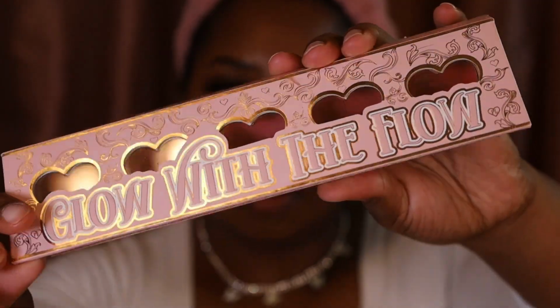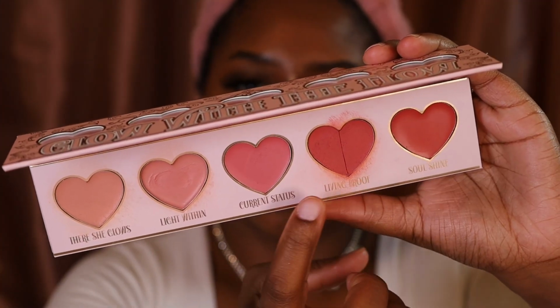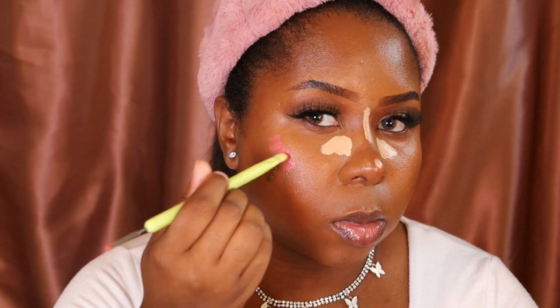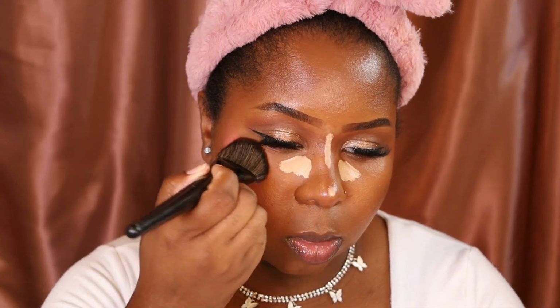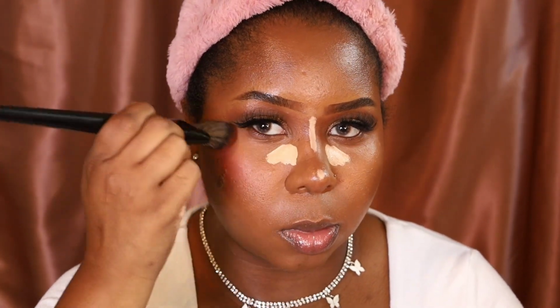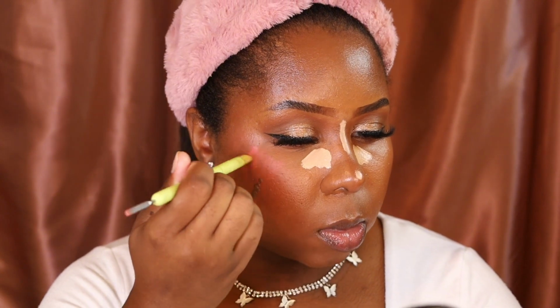For cream blush, I'm taking this P.LOUISE Glow with the Flow palette, and I'm gonna be mixing those 3 dark pinks and applying it onto the skin. And I know I said in my last video that I don't do cream like glowy blushes, but because this base is more mattifying, I wanted to make sure that the cheeks don't look too dry. So I did a couple layers of that cream blush, and now I'm going and blending out that